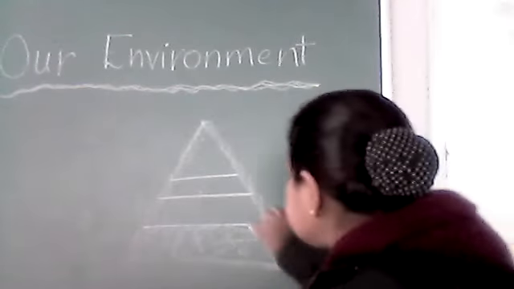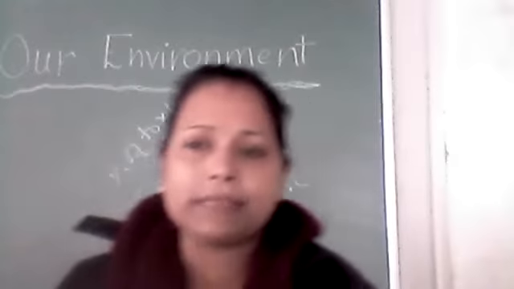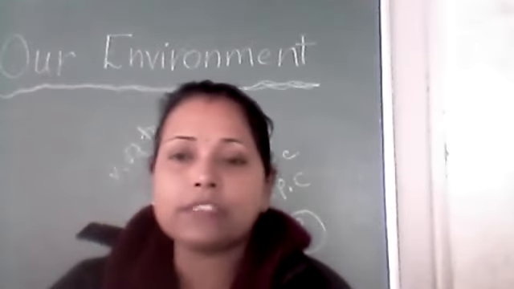Now here secondary consumers are less in number in comparison to deer. Number of deer is more in comparison to lion or tiger. So a tiger may consume 2 or 3 deer. So the toxic substance which is present in a deer's body, that is going to be more in the lion's body, because the lion is consuming more.